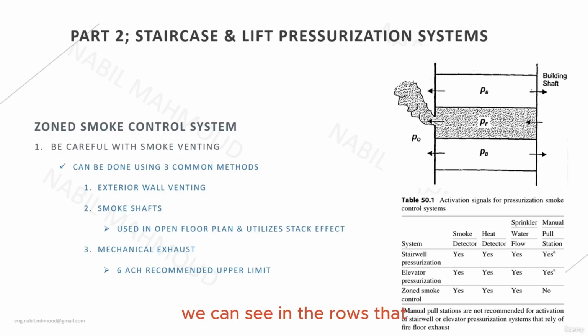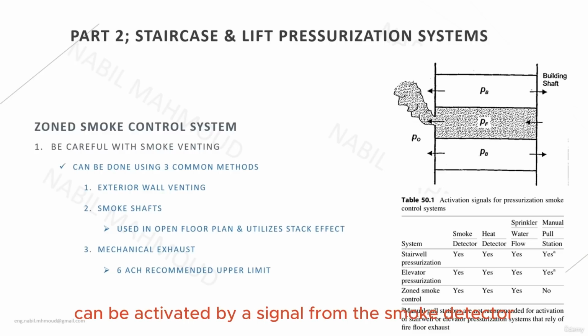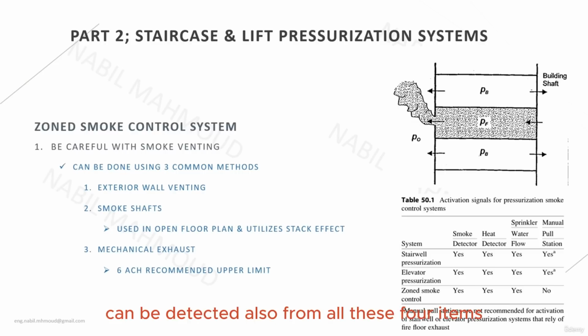We can see in the rows that the first row is the stairwell pressurization. Stairwell pressurization can be activated by a signal from the smoke detector or from the heat detector or from the sprinkler water flow or from the manual pull station. Elevator pressurization can be activated also from all these 4 items. However, the zoned smoke control can be activated only from the smoke detector or from the heat detector or from the sprinkler water flow,